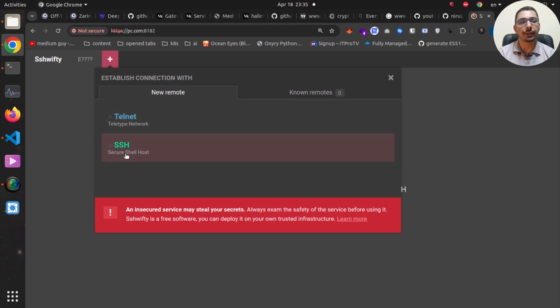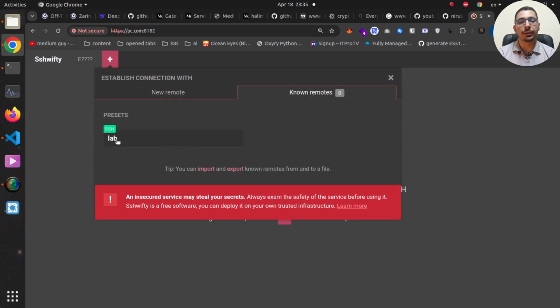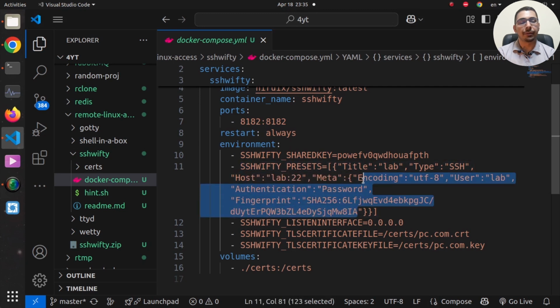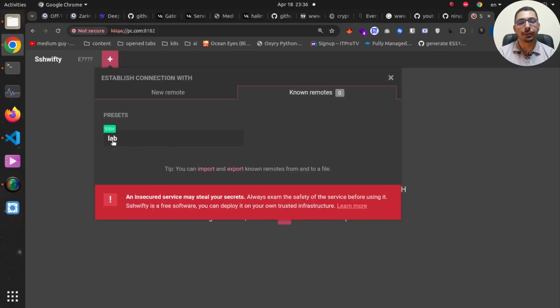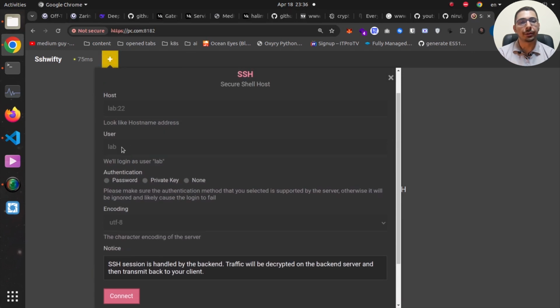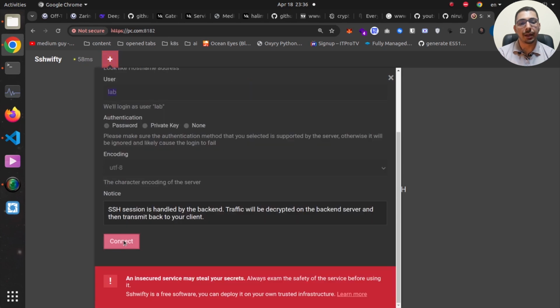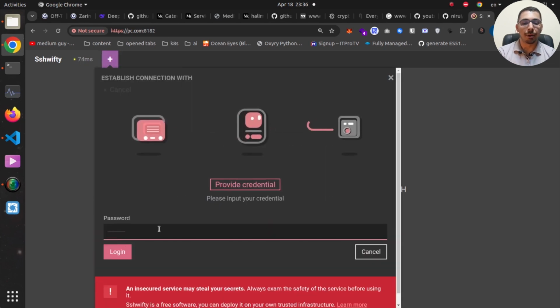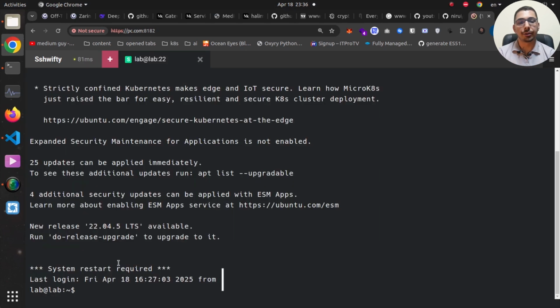So actually I can choose SSH and input my SSH server address and credentials, and also I can choose the known remotes right over here, and as you can see, my lab SSH server is listed right over here as I passed all the information in the environment variables of the presets in my Docker Compose file. So I'll move back right over here. I'll click this lab SSH server, and as you can see, the host is set by default. The user that I want to make my SSH connections also right over here, and I'll try to hit the connect button and try to input my password, and if I hit login, I should successfully make